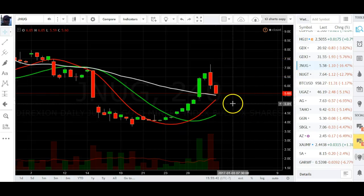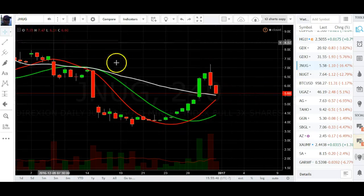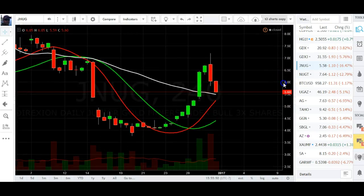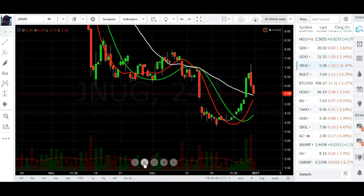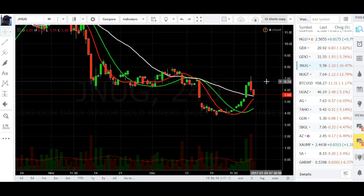So, witnessing JNUG. I didn't know JNUG existed until this last year, so watching it through the year, watching how it moves, the tremendous volume on it, just classic moves. I'm going to start trading this exclusively, I think. I like that bullish retracement. I'm going to stick with it, at least for the flat top break and the previous high break,